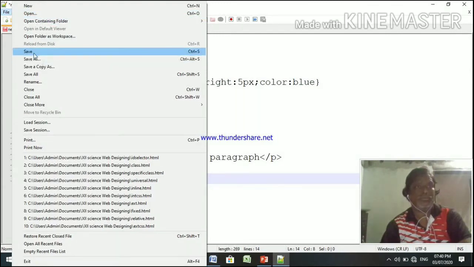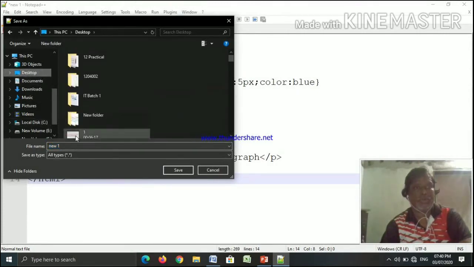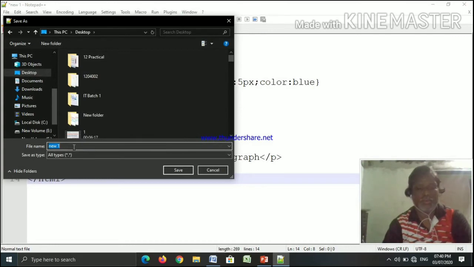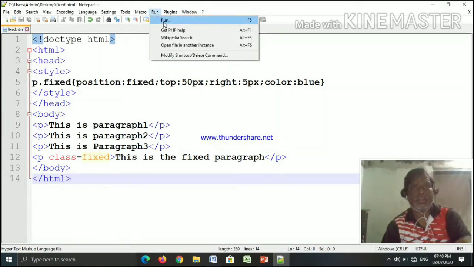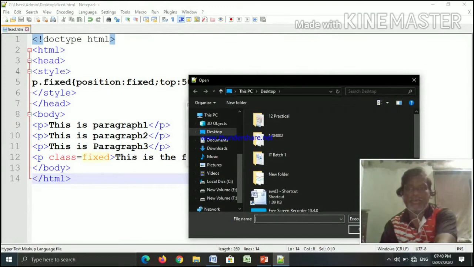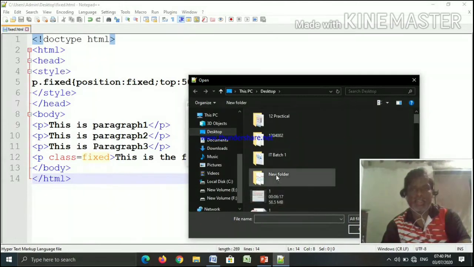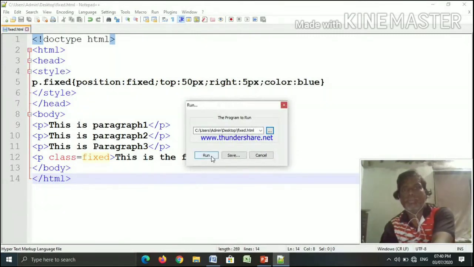Here we can save this program into a desktop location. Here you will give the name to the program as fixed.html and click on save. The program is saved. Now for output, click on run, select the location. We know that the program is saved on a desktop, so go on to a desktop location and select the fixed. Okay, here run this program